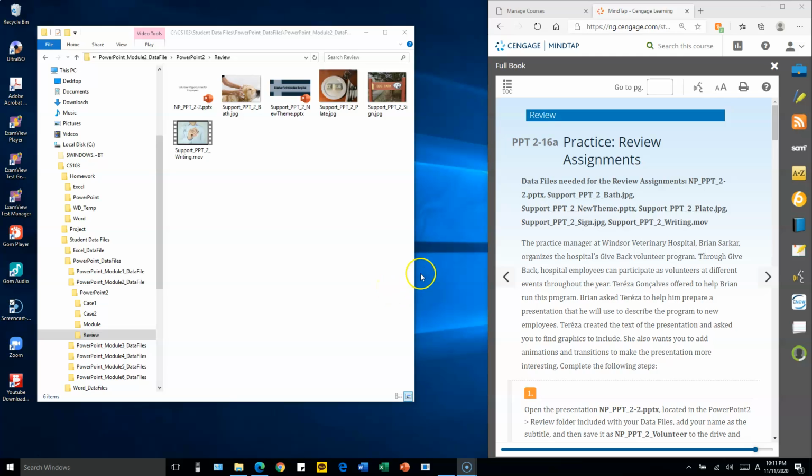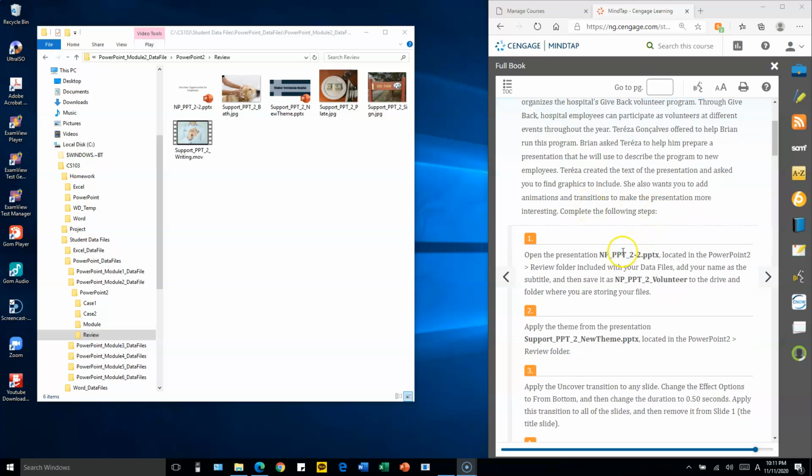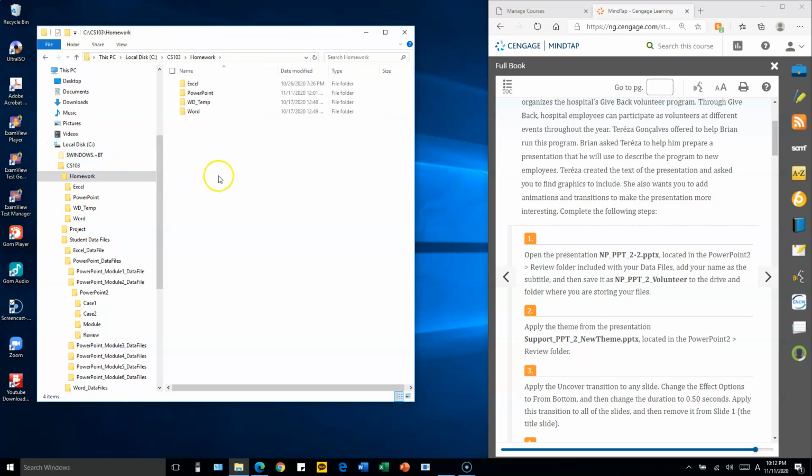PowerPoint Chapter 2 practice review assignment. Number 1, copy 2-2. I'm going to copy this file from the student data files folder to my working folder and then rename it